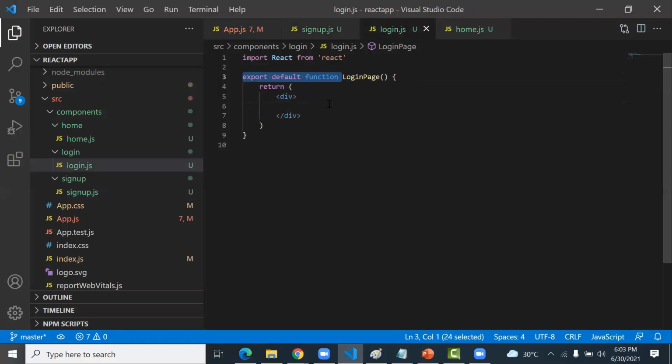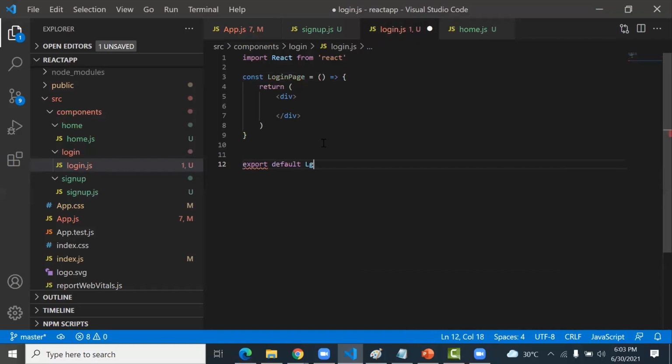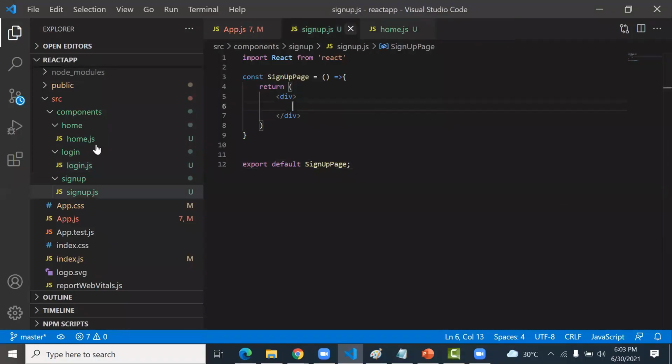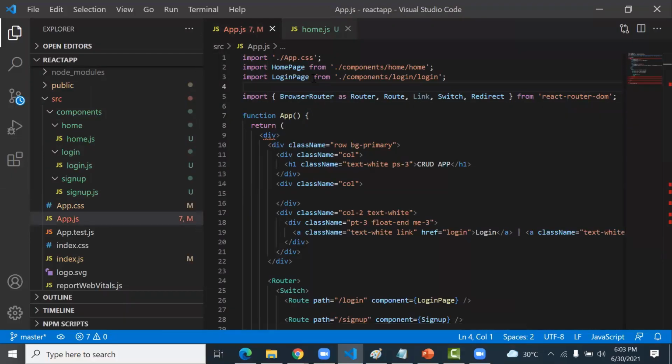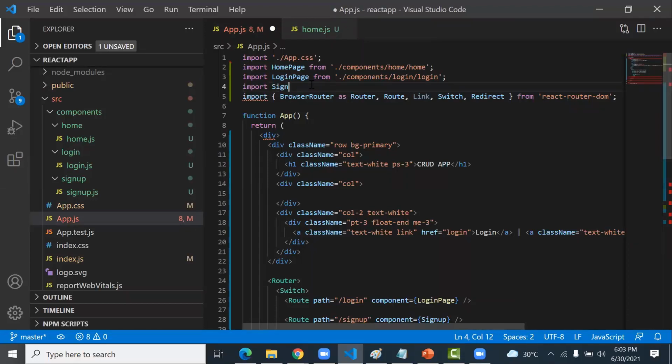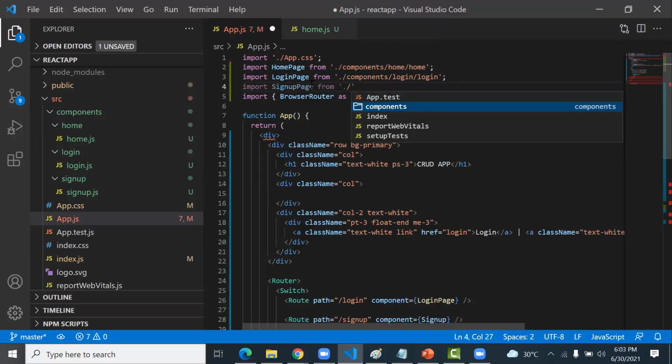First here I write const login page is equal to, this is an arrow function, export default login page. They both are empty. Later we'll change it. Now here I import sign up page from components sign up.